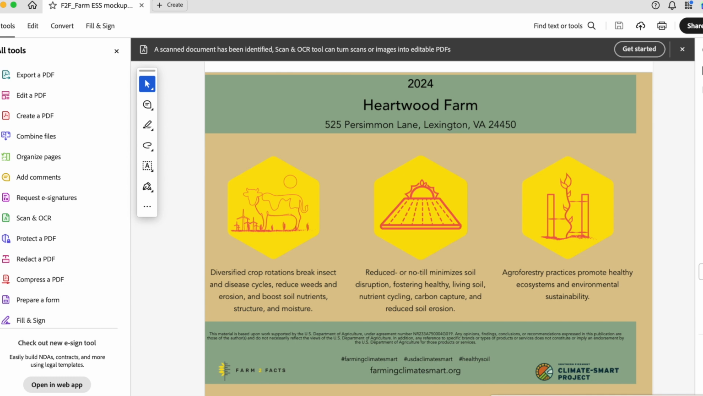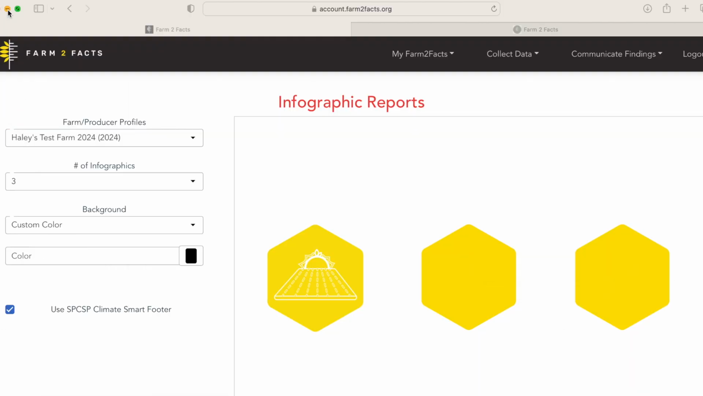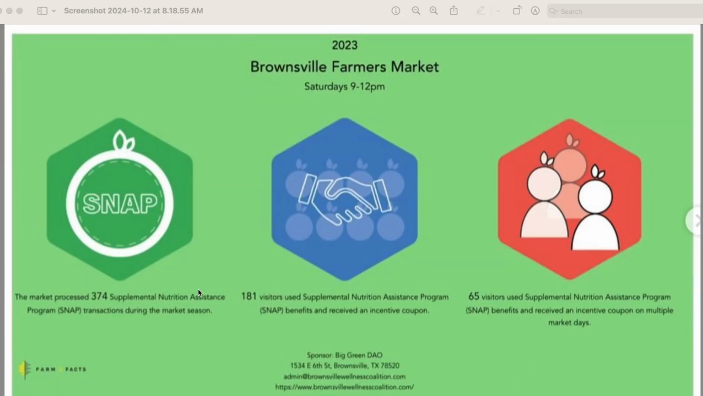And then I'll also show you what the tool might look like if you are a market. So it's a little bit blurry, I apologize, but the Brownsville Farmers Market in Brownsville, Texas, has created a story here about the use of SNAP at their market. And you can see that they communicated how many SNAP transactions they had, how many visitors used SNAP with an incentive coupon, so something like double dollars, as well as how many visitors returned and used those benefits on multiple